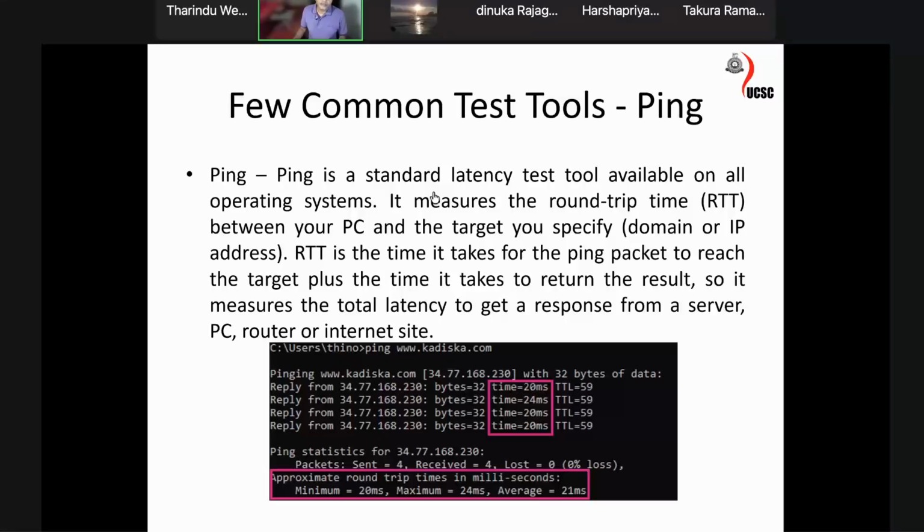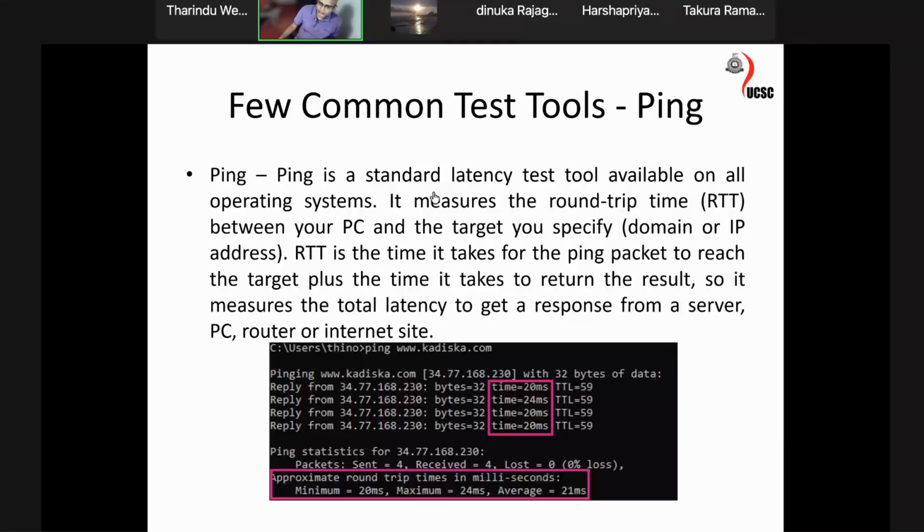So it measures the total latency to get the response. You are measuring the up and down latency. It's marked here with the milliseconds, 20 milli in this example. Somebody sent a ping to one of the URLs, one of the websites, and it has returned with 20 millisecond latency